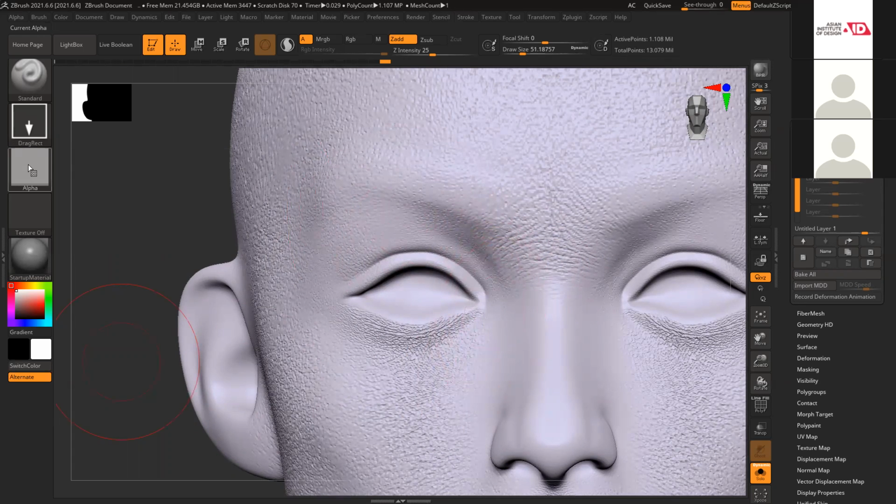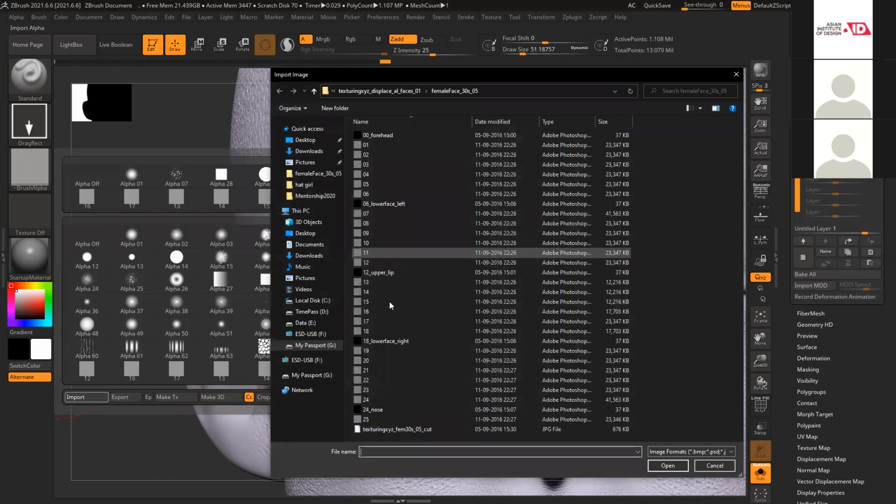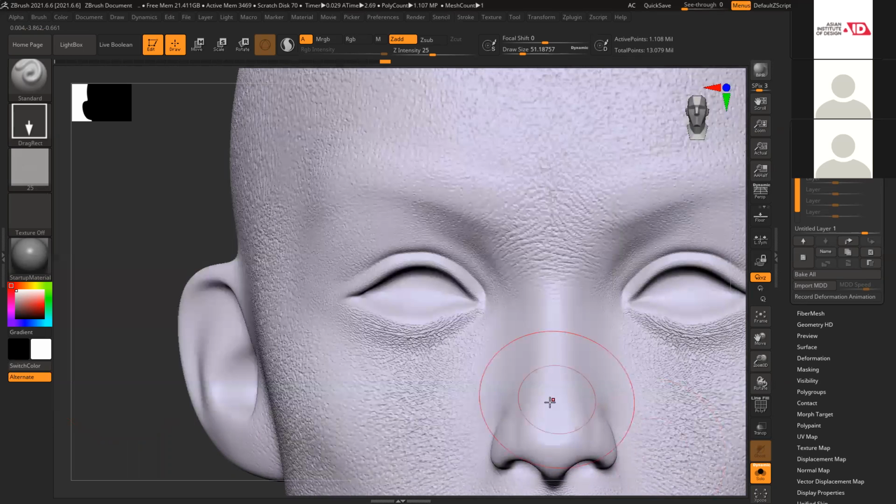Okay, now we have nose. Nose is separate entirely, 25. Make sure to switch off your symmetry. Then start working on it.